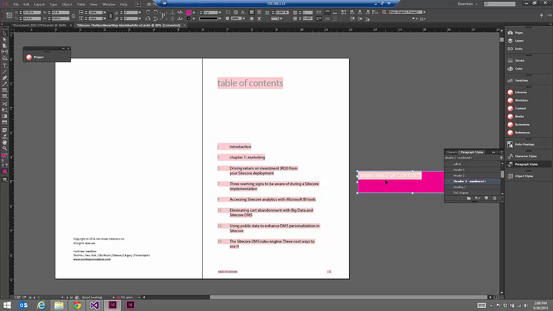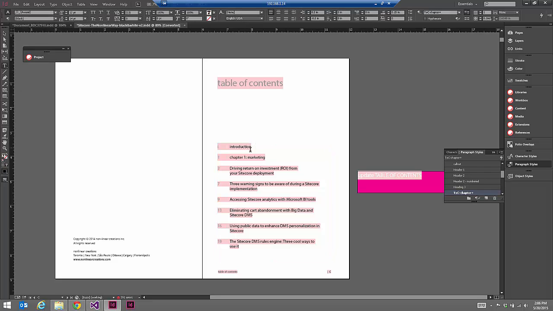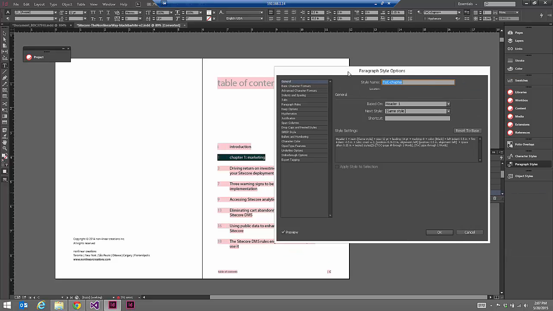Anytime you're opening that document in that book that we just made, as new content is added, it will automatically appear within that document. So once we have that out of the way, a few things to point out here. First off, we're going to look at our table of contents itself, and it's basically got a few things. It has a paragraph style here called TOC chapter, and if we go and take a look at that, what it utilizes is something known as substyles. And so if we look at the substyles within that,